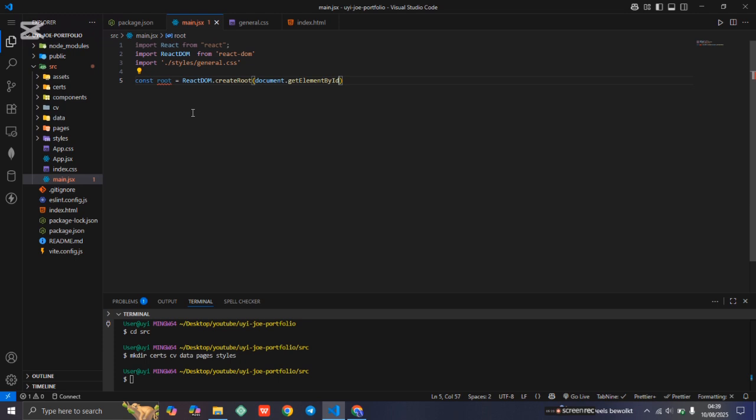Then we'll say root, and you put this thing. And you render your app, root dot render, open brackets. Now when you type app here,